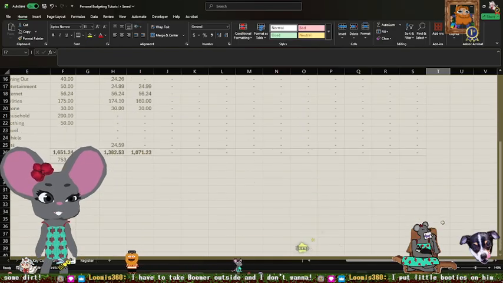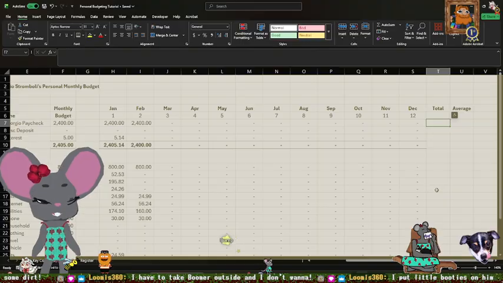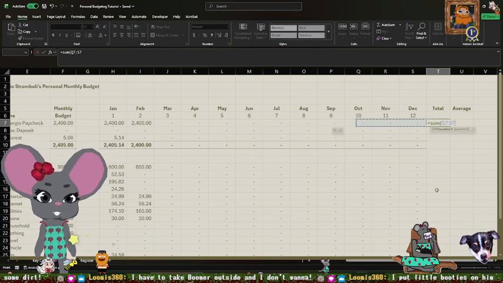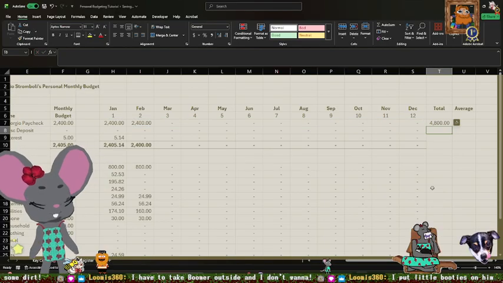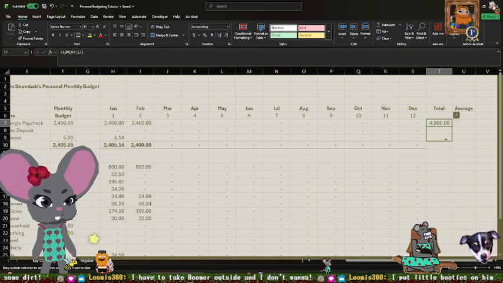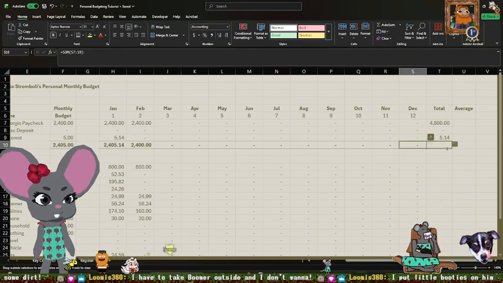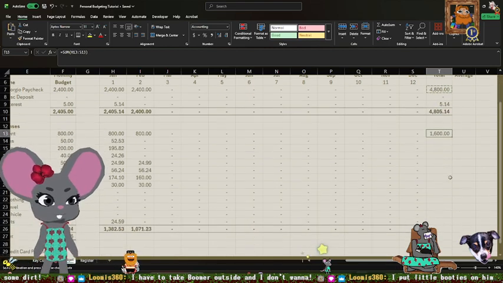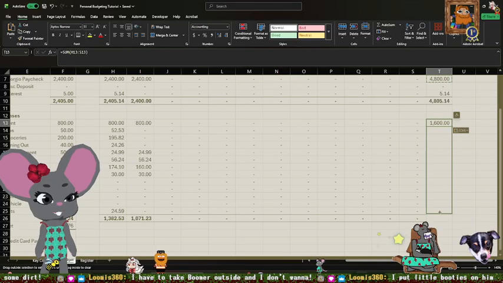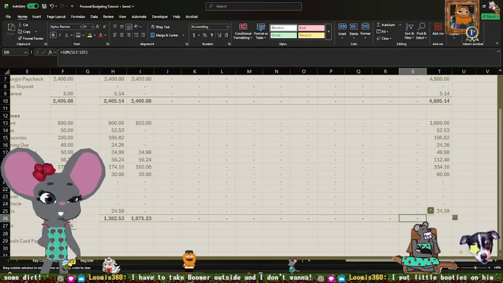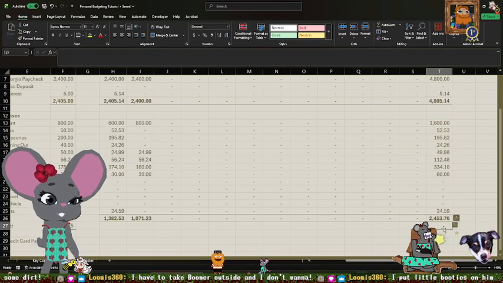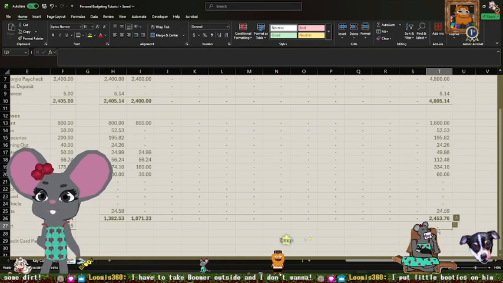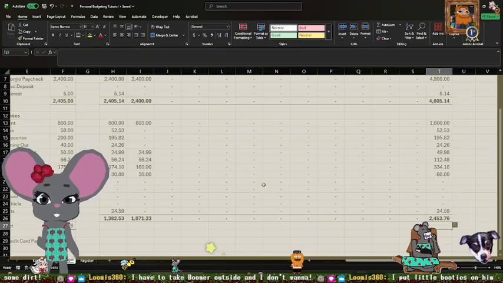We can also do a grand total and see how we ended up over the year. So let's do a sum of this whole year. And then you can get an idea, like maybe you have a bad habit of going to Starbucks every day, and you don't really understand the impact of that spending.